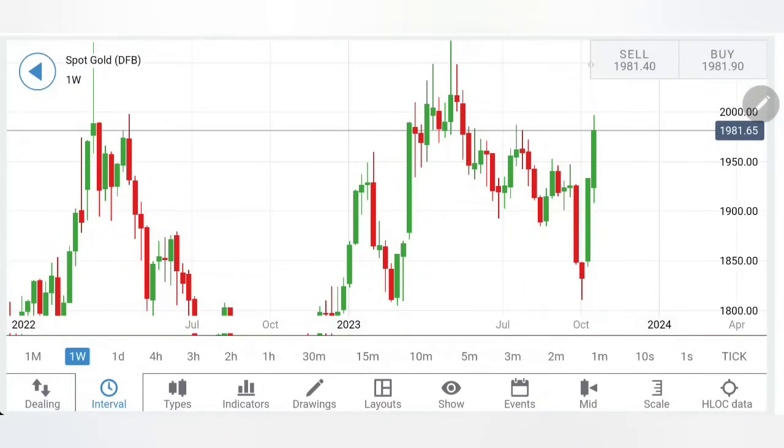Gold continued its bull run last week again, facing the support at the 1910-1908 zone. It has seen a massive reversal and has moved close to 2000 levels. Yes, it has reached close to 1998 and has closed the week at